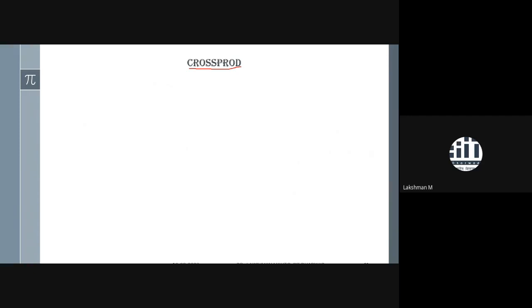So don't confuse this cross product function with the cross product of vectors that you had already studied in vector algebra. It is not talking about that. Here it is talking about the cross product of two matrices. Suppose you have a matrix A and a matrix B. Then what is the cross product of these matrices? It comes directly from linear algebra, and in regression and other kinds of things, you always need to proceed with this in order to calculate the covariance matrix.